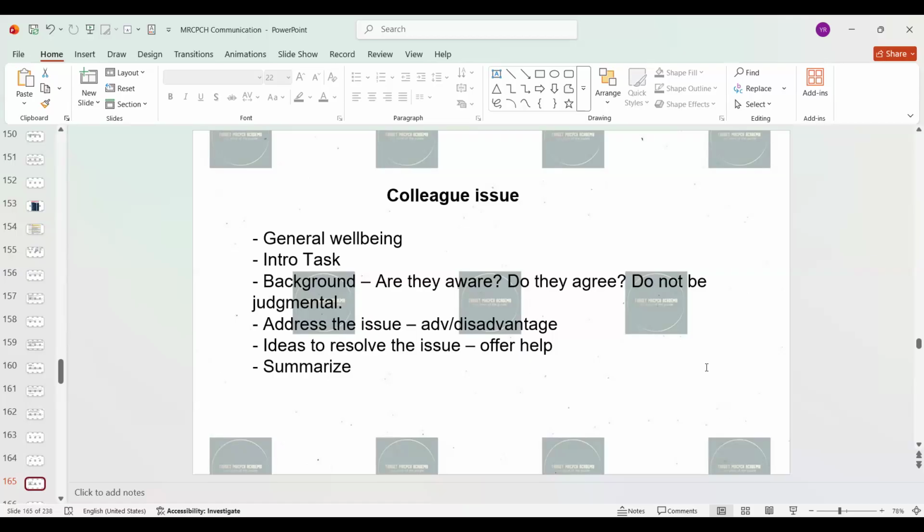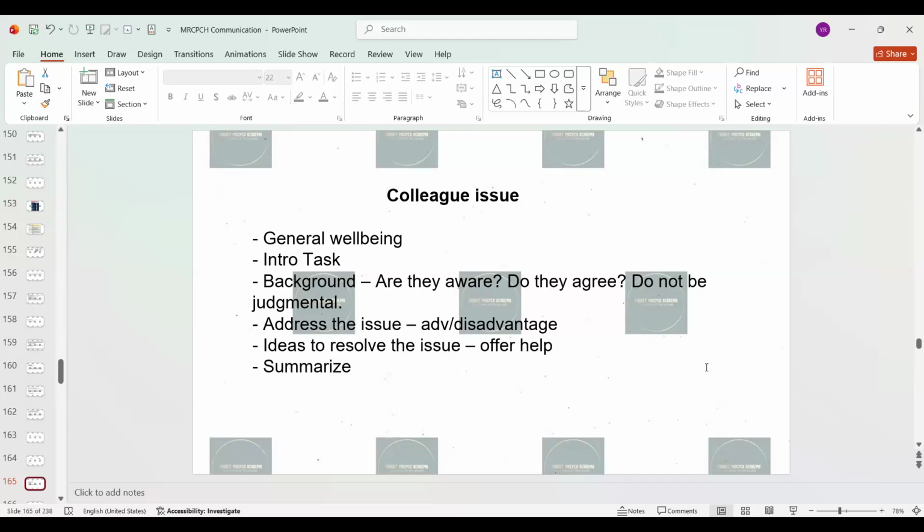Say it openly, don't beat around the bush. Say that I'm here to talk about something which has been a concern. Give them a hint and then say that the nurses are worried that they can smell alcohol on you. So introduce the task and then ask, are you aware of it? The colleague might say something. See if they agree or disagree, or if they have an argument for it. You're not in a place to judge whether it is real or unreal. Just see if they are aware of the problem. Do they agree with the mistake?